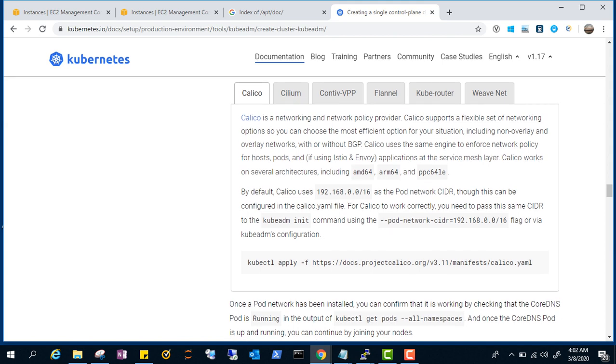See here, it is written that by default Calico uses 192.168.0.0/16 as a pod network CIDR, though this can be configured in the calico.yaml file. For Calico to work correctly, you need to pass this same CIDR to the kubeadm init command, which we already have used here. Now we need to copy this one